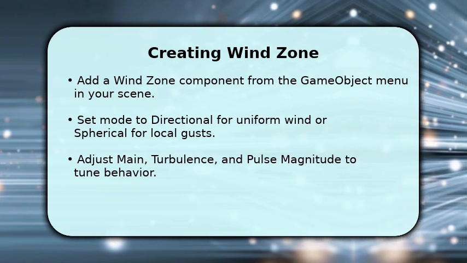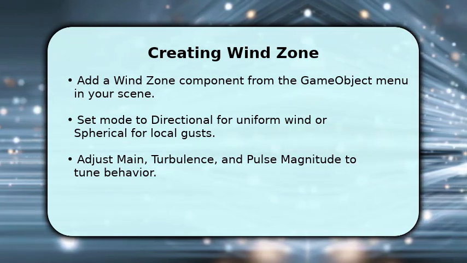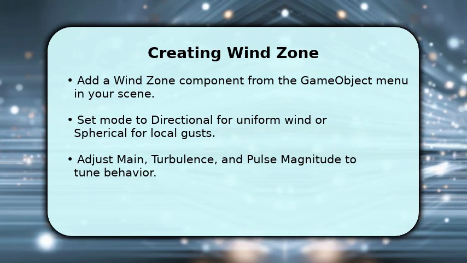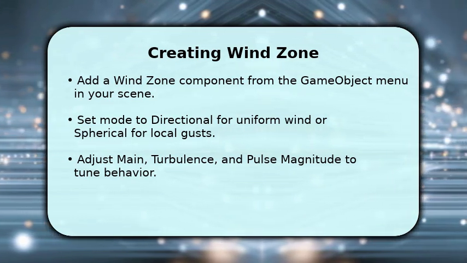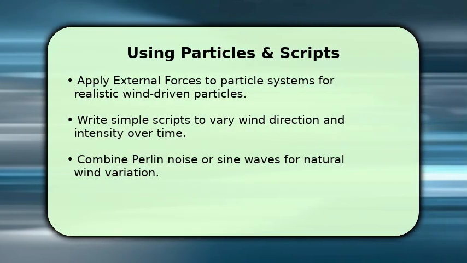Use play mode to iterate quickly and observe how particles and trees respond, adjusting values until the movement feels right for your scene. Attach external forces to particle systems to make smoke and leaves respond to wind naturally while leaving